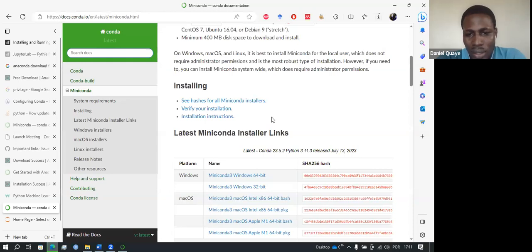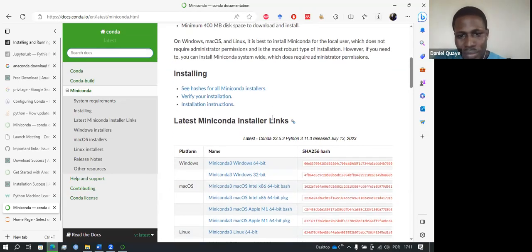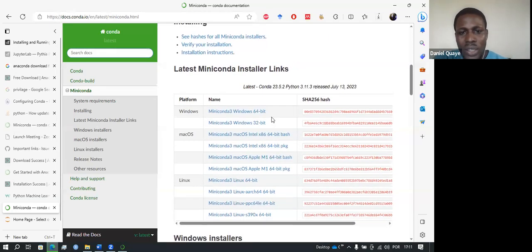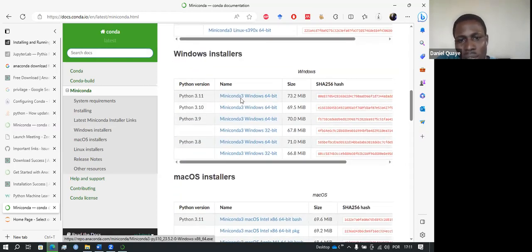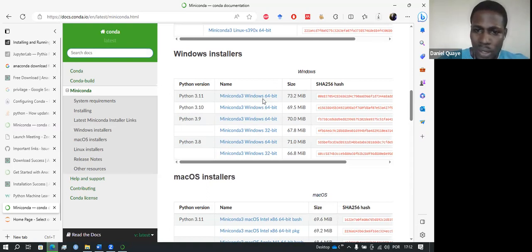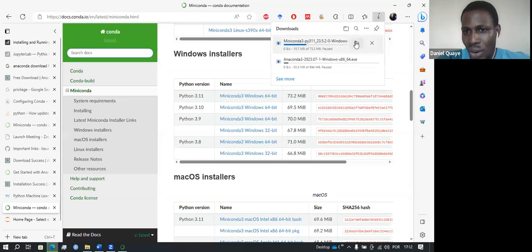to the download page. You have, similar to the navigator, I should think most of us are on Windows. Yeah, but there are options for Mac and Linux. But for Windows users, you should come down here. And like I mentioned earlier on, the latest version of Python is 3.11. And so if you want to use this, you click on this, it will start the download. But once again, I already have this downloaded. So I'm stopping the